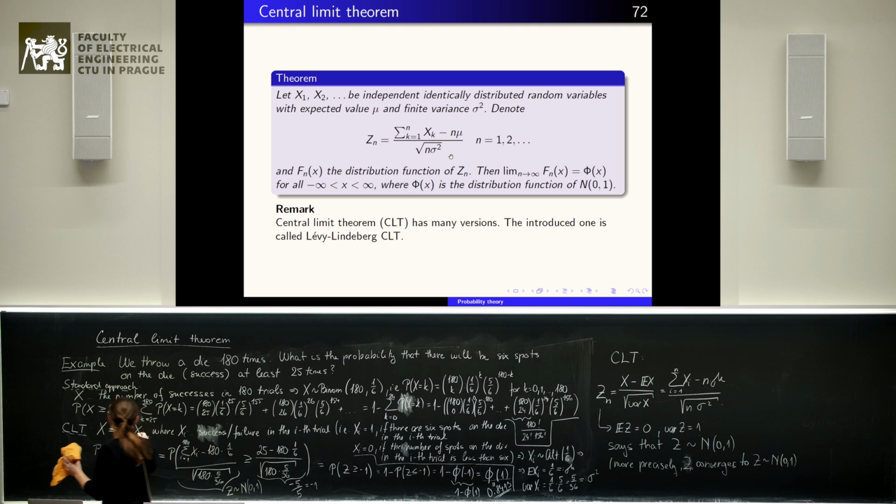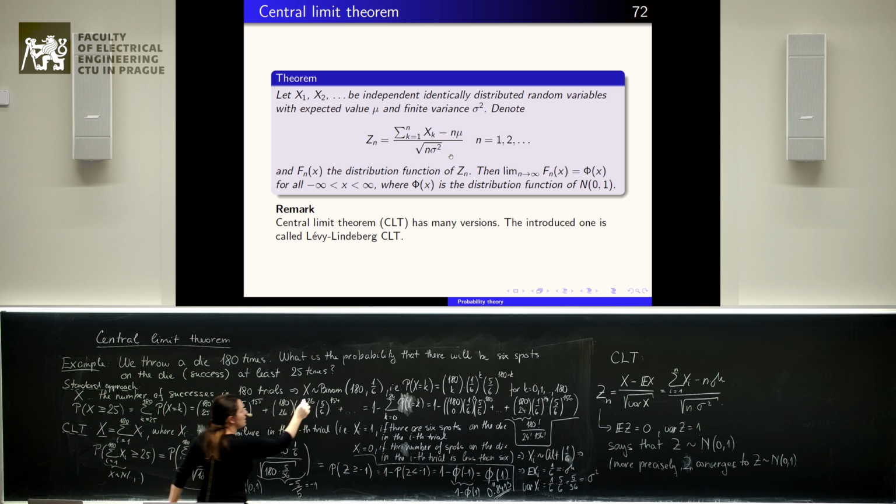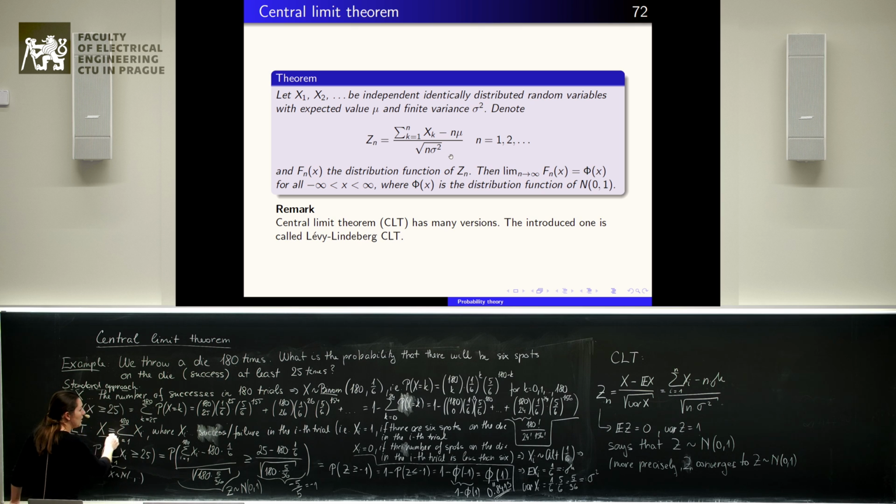So in this case, where x originally has the binomial distribution, but we use the approximation of the random variable with binomial distribution by a random variable with normal distribution, it is called the Laplace central limit theorem. Yeah? And in the literature,